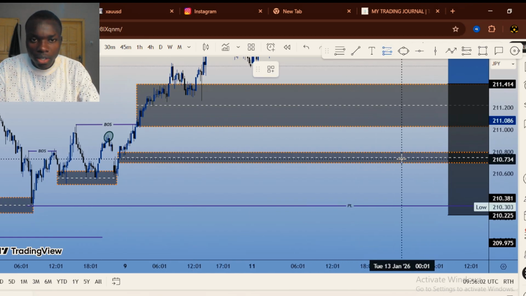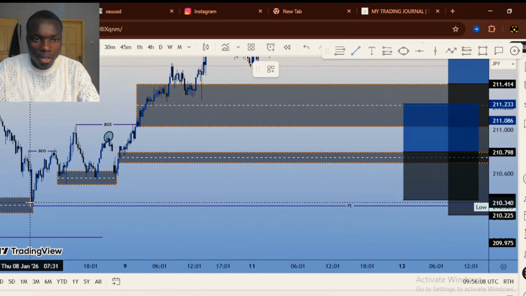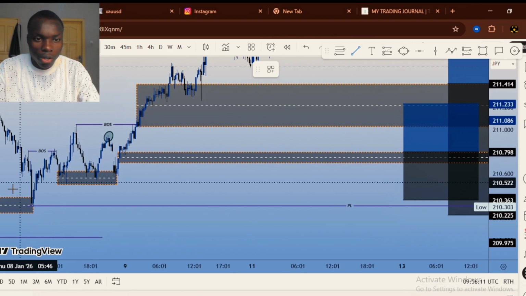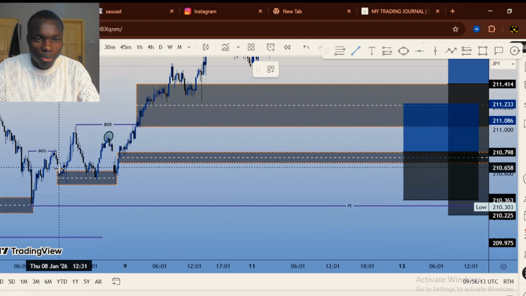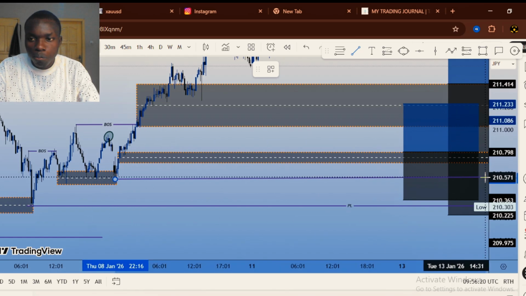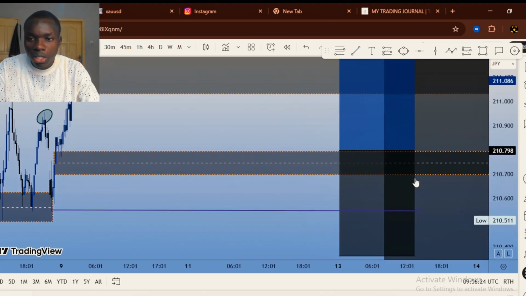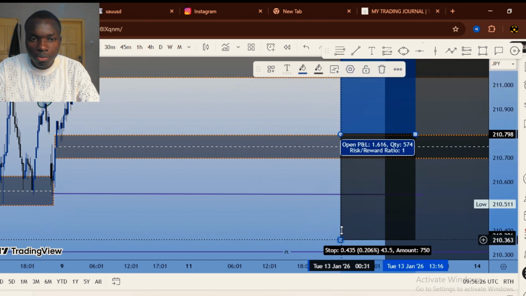We are trying to take the trade from here, and our loss is not going to be this one, because there's a break of structure. This low has led to this break of structure, and this low has led to this break of structure. So I am using this low now. This is my current low. So my SL is going to be just below this low,